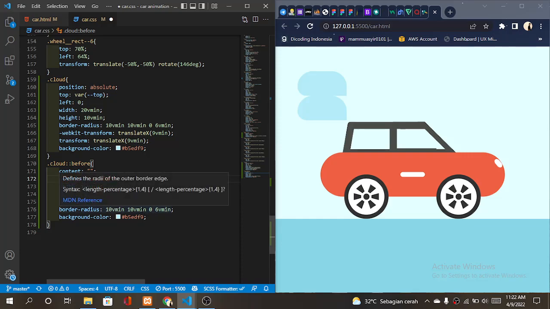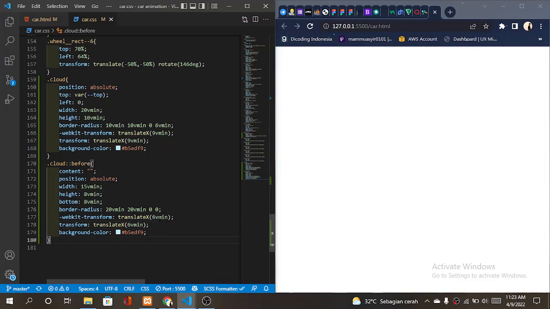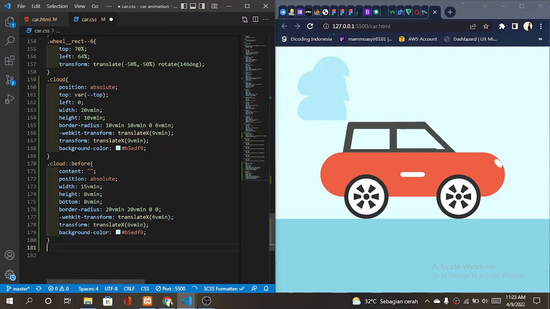And under that, background for this, border radius for 20 vmin and 20 vmin, 0 and 0. Okay, and for the WebKit transformation, you can copy this transform and change it with 986 and try to save. And after that,